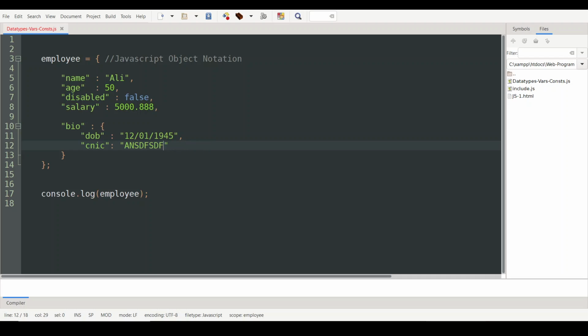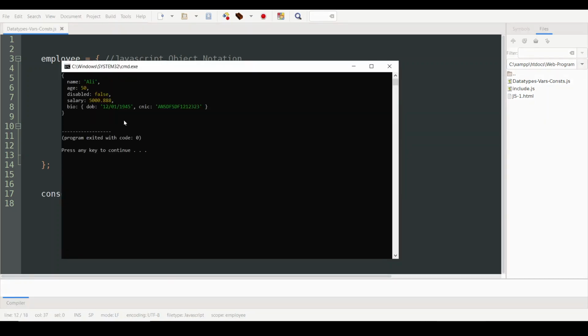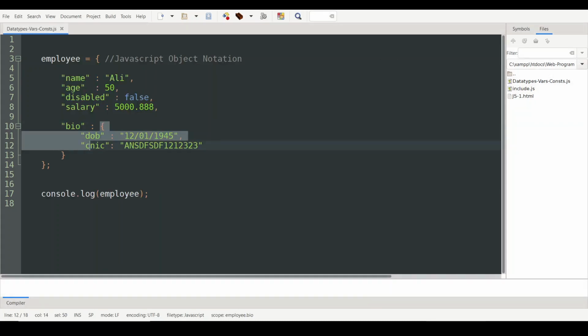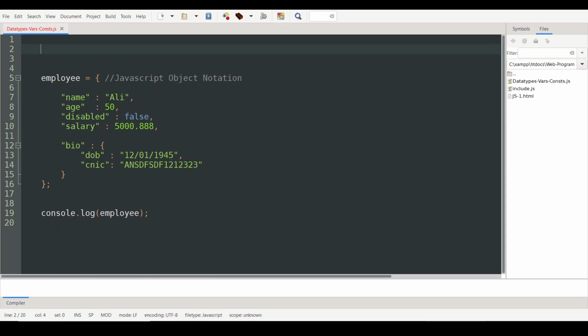sorry, not the special characters, but some integer, etc. If you print it out, if you run it, you'll see that the bio has also been printed out. So this is called nesting and nested objects. This is a nested object. Now we have one more type, that I'll create on the top in here,